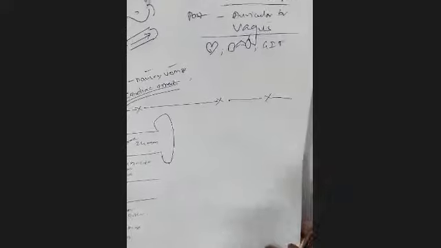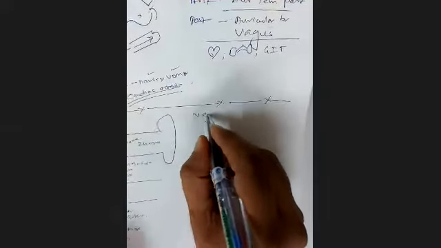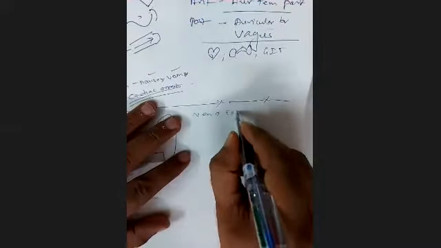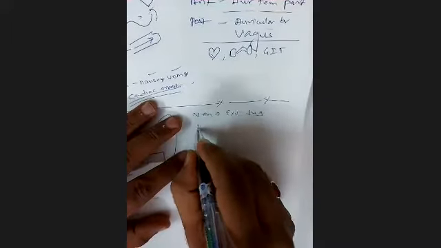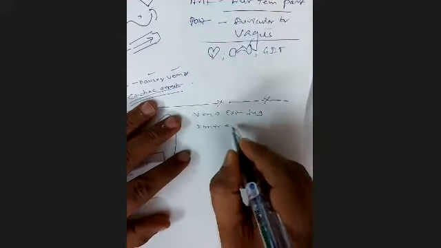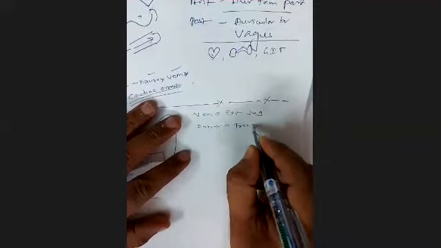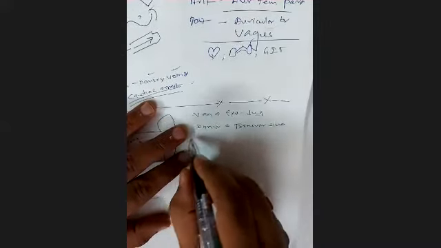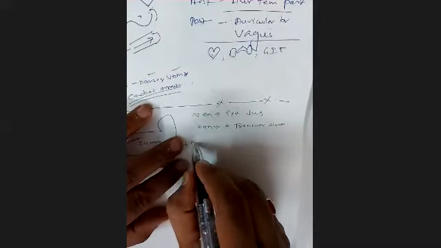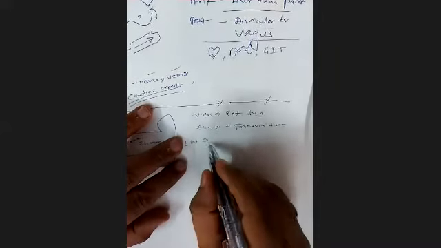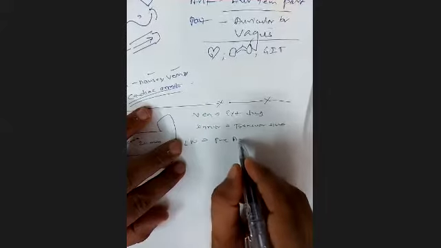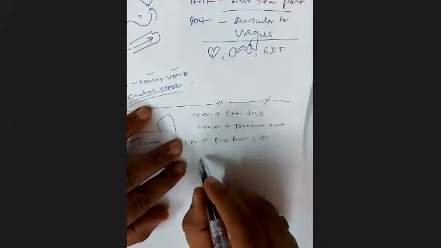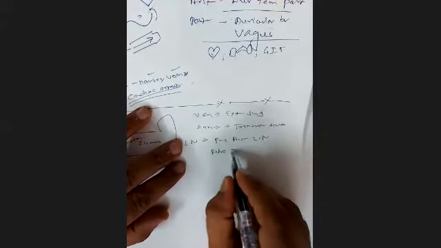Now the veins of the tympanic membrane, the venous drainage. They drain on the outer side into the external jugular, and on the inner side into the transverse sinus. The lymphatic drainage, again preauricular and retropharyngeal: the outer side will be into preauricular lymph nodes, and the inner side will be into retropharyngeal lymph nodes.